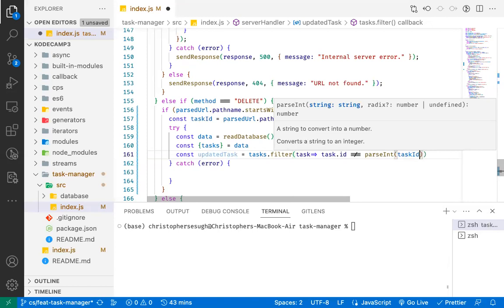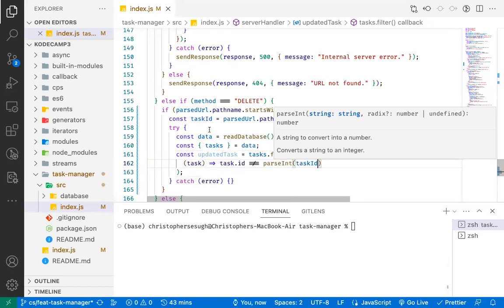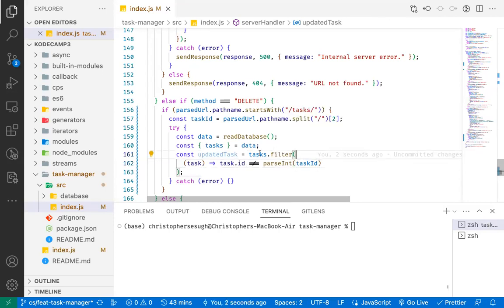We filter this, that is, we remove the task with the given ID. If the ID is equal to this one, this task will be removed from our array. So after filtering it,